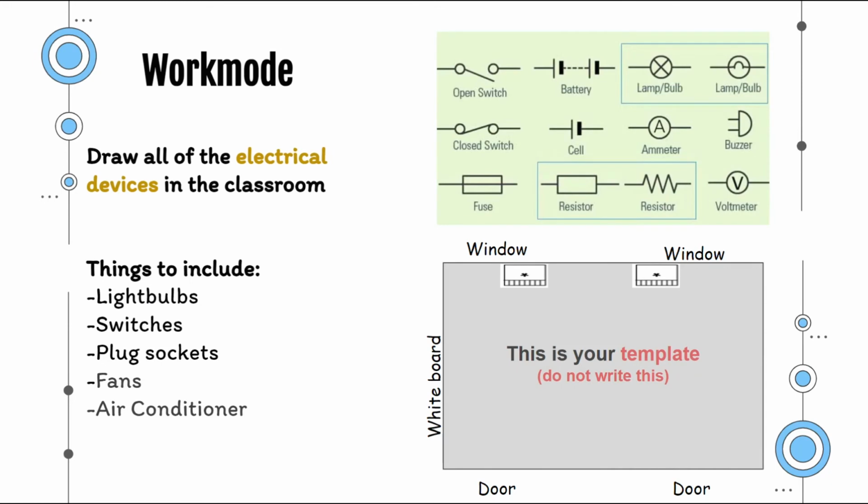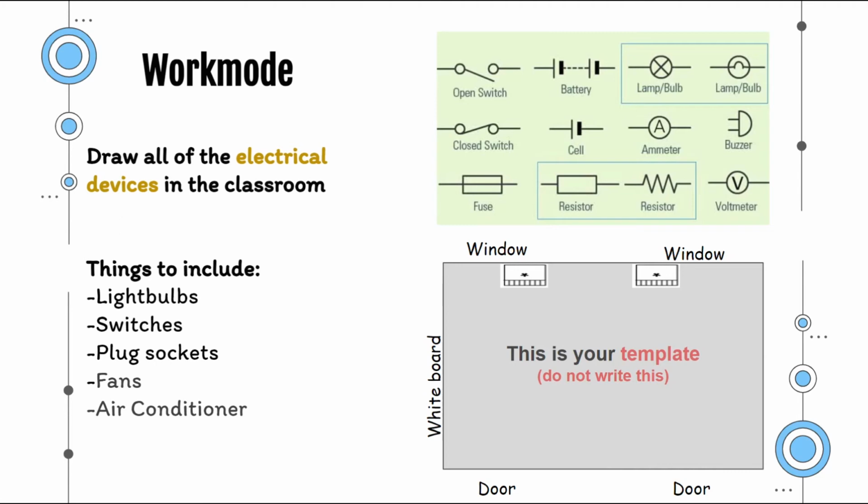So the work mode: draw all of the electrical devices in the classroom. Things to include: light bulbs, switches, plug sockets, fans, air conditioner. Now since you're at home, you can actually draw a circuit diagram for your home, okay? Just take a look around you, see where the switch is, see where the lamp is, see where the bulbs, the tube light, the fans are, and then try to draw a diagram that connects the switch to the